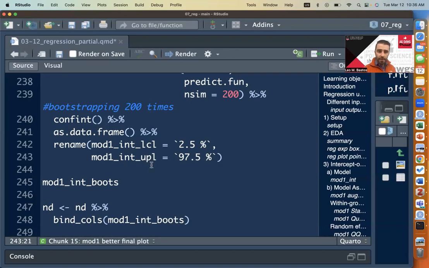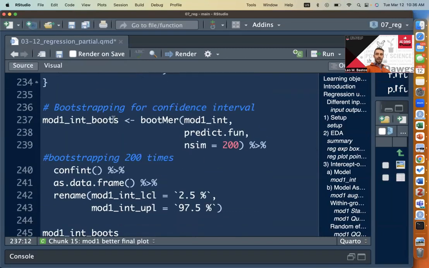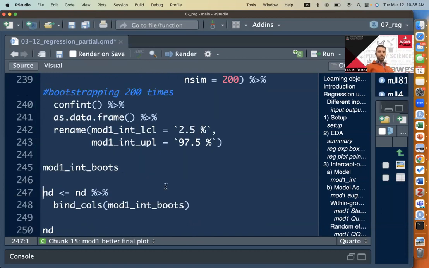Oh, I have a UPL, but it should be upper confidence level. I'm not going to change that because that's going to impact the code downwards, but it is lower and upper confidence levels here. So make sure you run that mod1 int boots. So if you print mod1 boots,